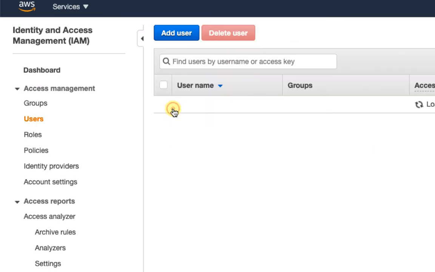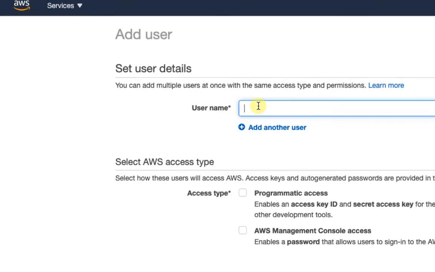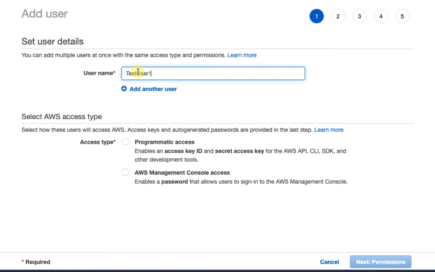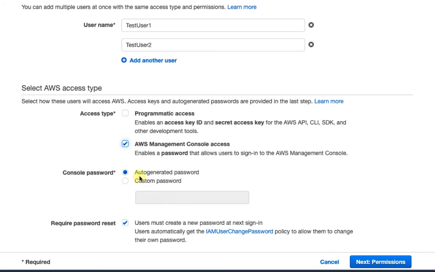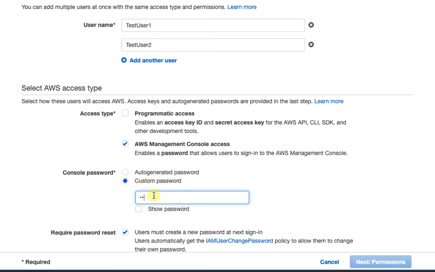To add a new user, click on the users tab. Click on add user. Enter username. You can simultaneously add multiple users, so I'll create one more user. In access type, I'll check AWS Management Console access. And for console password, either I can auto-generate a password or provide a custom password. If you are creating a user for your team members, then you can select auto-generate password and the password and login link will be sent to your team members.